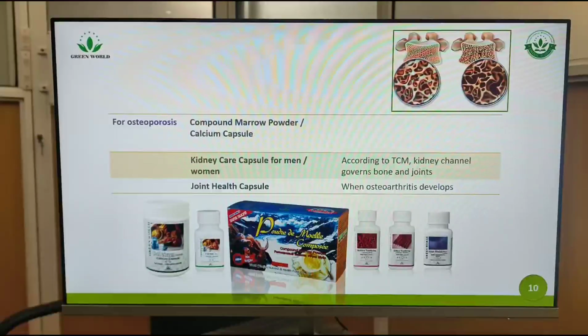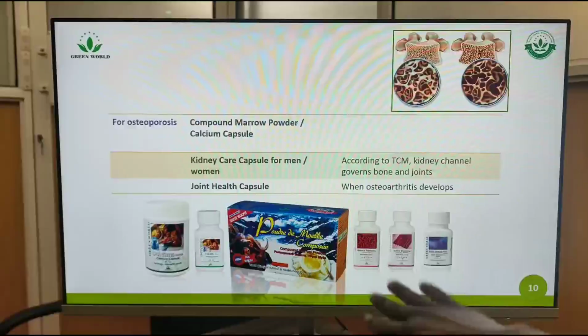Okay, it will help in the prevention of losing the calcium from the body. Now, from calcium deficiency to osteoporosis to osteoarthritis is an ongoing process. So once our joints are also affected, we must add what is called the Greenwald Joint Health Capsule. Yes, because it is a process which is still going on, so we add what is called Greenwald Joint